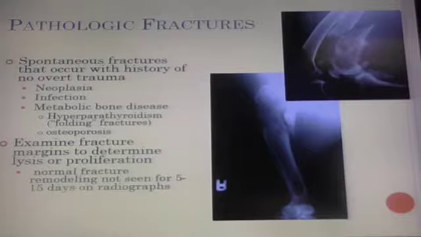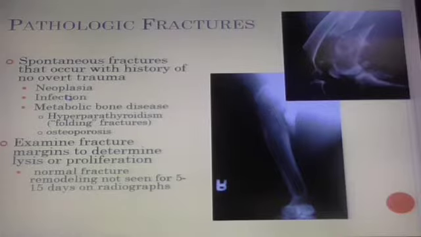Pathological fractures, we typically see with primary bone tumor. You don't see any evidence of it radiographically, the dog is not showing any clinical signs. It's out running or something, and then it breaks its leg. Any history like that, you should be thinking of some type of underlying lesion, and I gave you examples: neoplasia, infection, metabolic